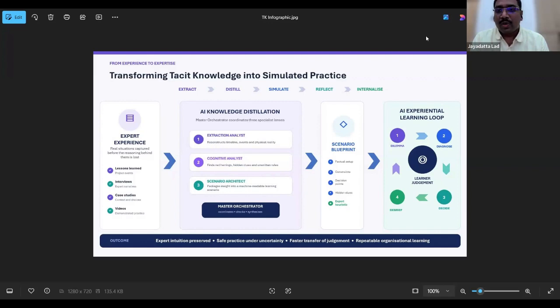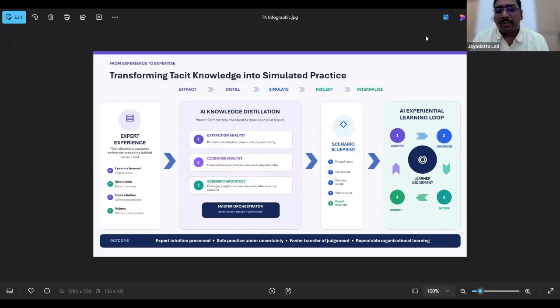So I'm part of Afcon's infrastructure. We are one of India's largest EPC construction firms, and we do a lot of technically challenging niche projects in the field of civil engineering. For these projects, one of the key areas from a management point of view is how do we quickly develop domain expertise in the younger generation of engineers? How do we get them to ramp up their expertise?